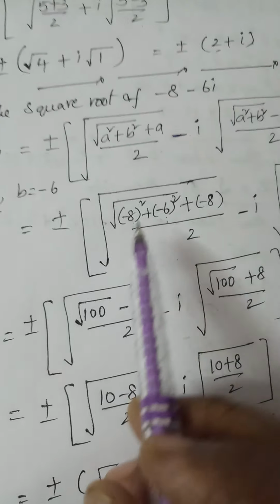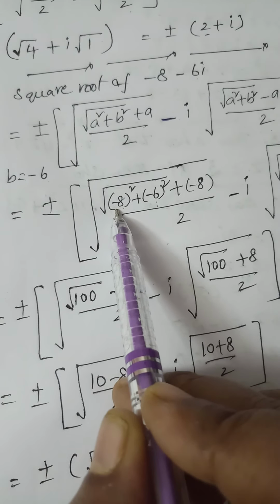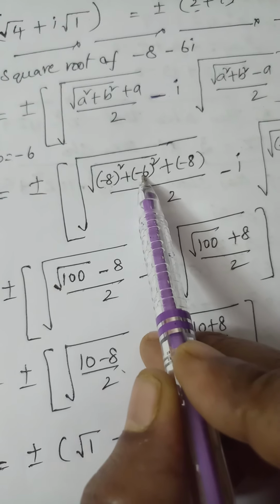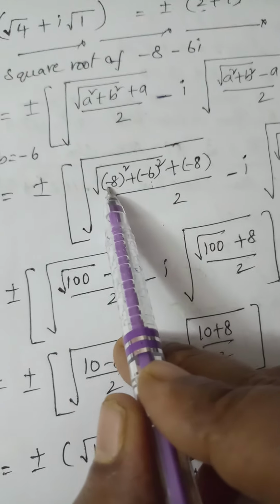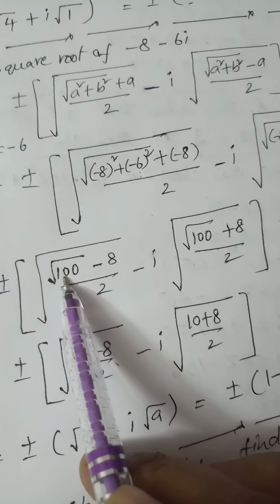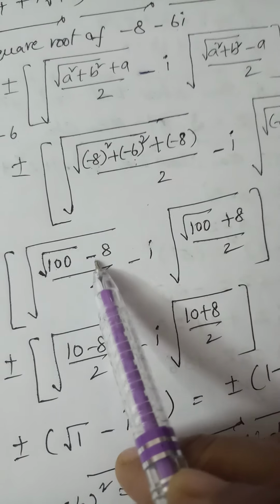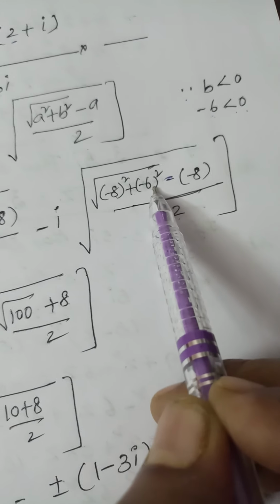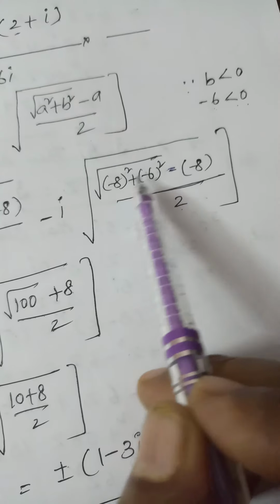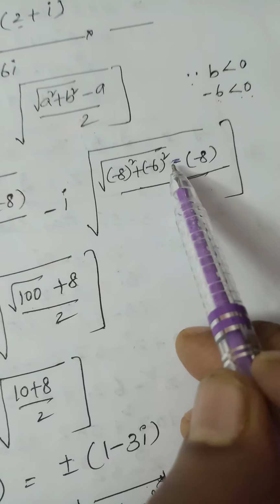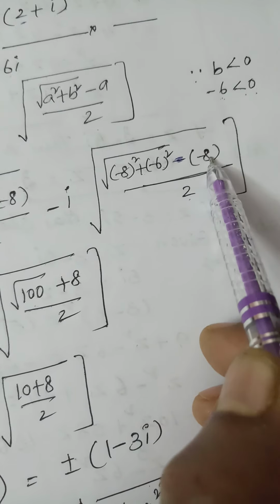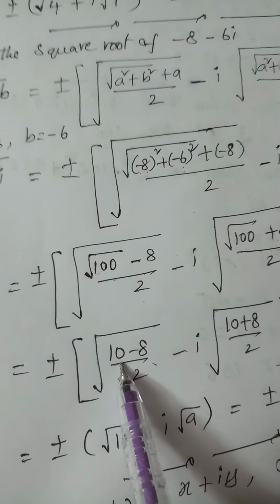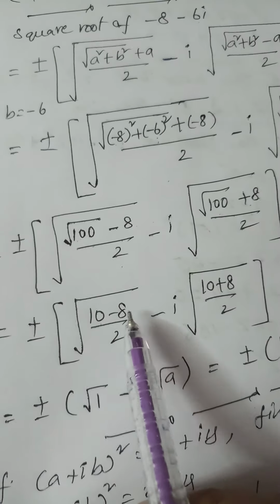So by 2. So here minus 8 into minus 8. Minus into minus will become plus 8. 8 is a 64. And here also minus into minus will become plus 6 is a 36. So 64 plus 36 is root 100. Here plus into minus is minus 8 by 2. Here also this is 8 8 is 64 plus 6 6 is 36. 64 plus 36 is root 100, and here minus and minus, minus into minus will become plus 8. So what is root 100? We know that square root of 100 is 10. So 10 minus 8, 2. What is 2 by 2?